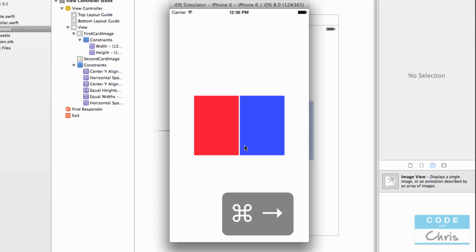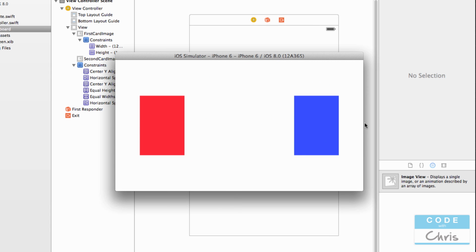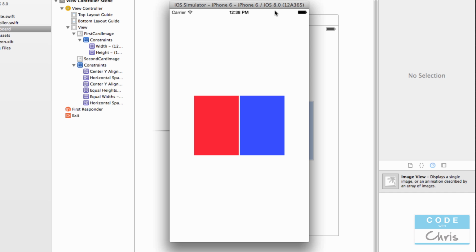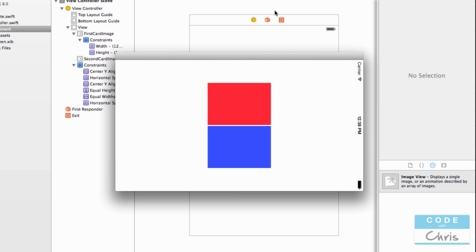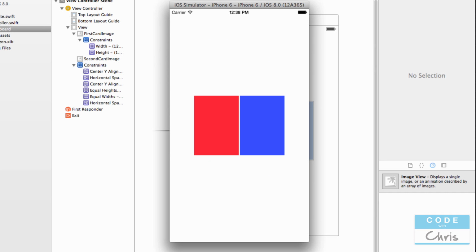So you can see that they're both vertically centered, they're both the same height and width, and they're both 50 from the edges. And if I rotate it, the constraints kind of keep it together like that. Now at this point, if this is not what you see and this is not how your app behaves, stop